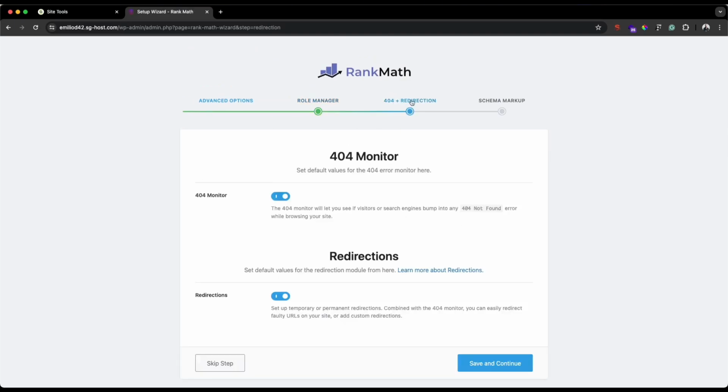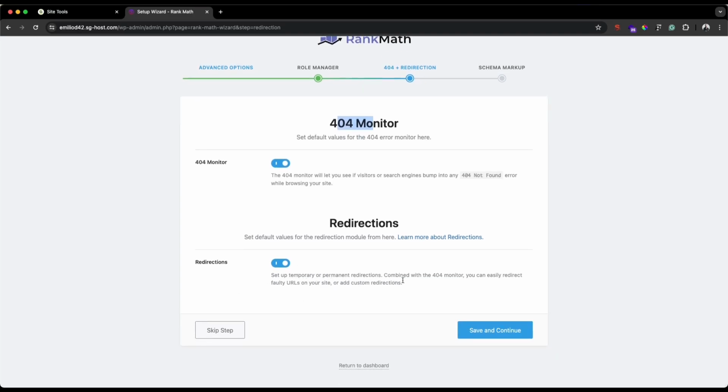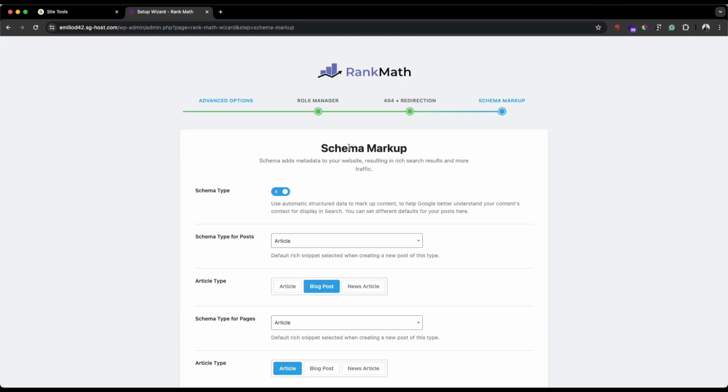And the 404 redirection will be a must as well for me. The 404 is the error when someone tries to access your website with a URL that is broken. When I say something is broken, the URL is broken, so it will give the 404 error, so it will be good to monitor. Okay, so it's good to have a check. And the redirections as well. Set up a temporary or permanent redirection combined with the 404 monitoring. Perfect. So I will keep those options